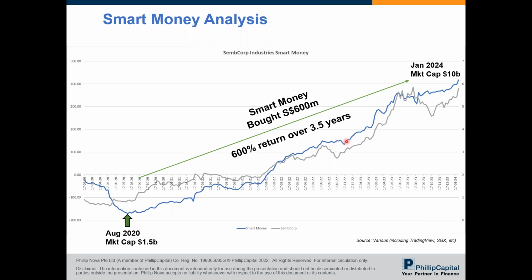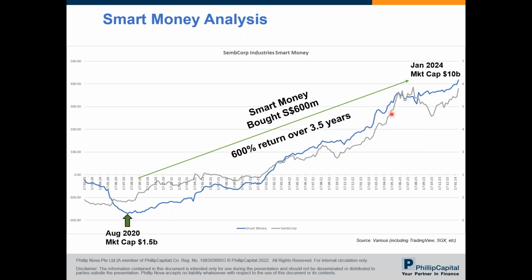So this actually signals to us that the smart money are continuing buying these stocks, or that they still view that there is a potential for the stock to go up. That is why they did not sell out, right? So eventually, when the correction is over, you'll find that this divergence will start closing back up again, and the share price will tend to move back towards the direction that the smart money is